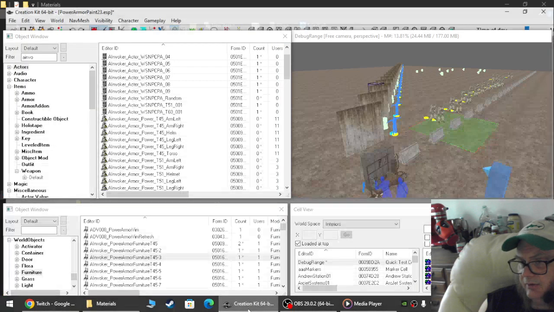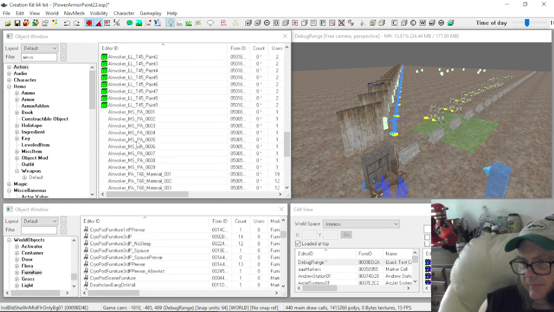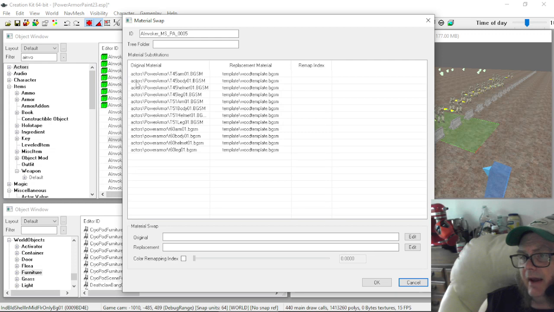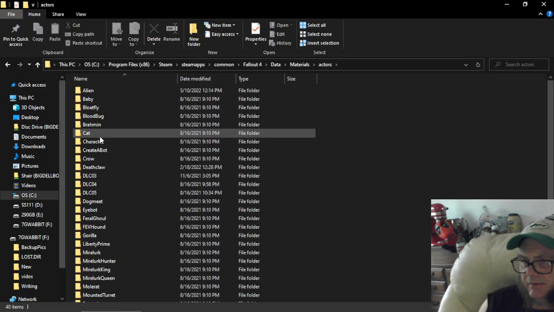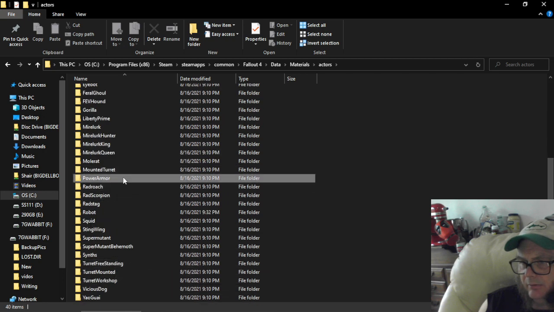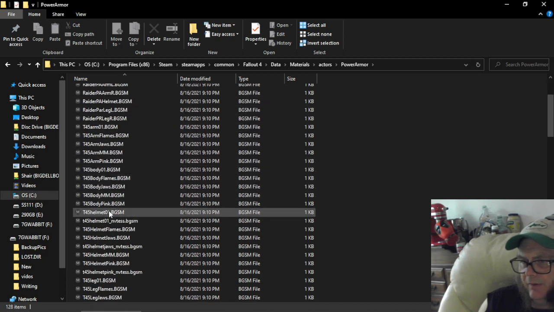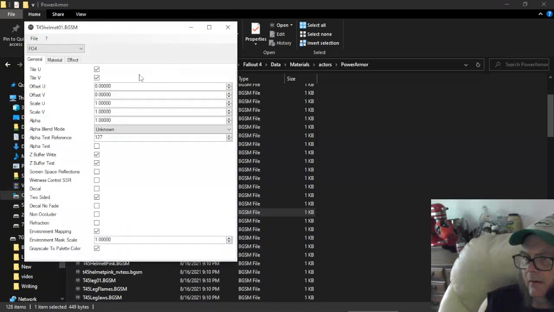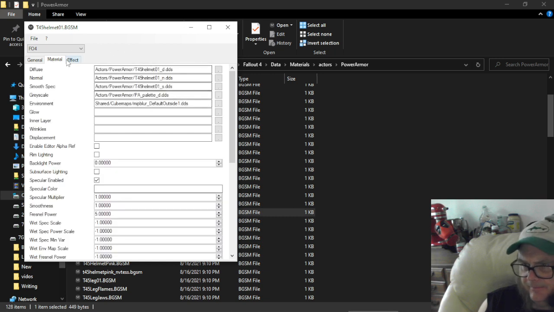How you tell what you're looking for as you go to the material swaps, right? And it'll say actor power armor, blah blah blah. So materials, actors, power armor. See, so T-45 helmet. Go over here to materials, and then that's what you change to your custom